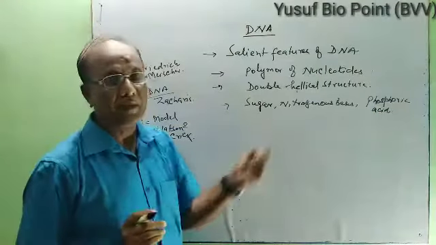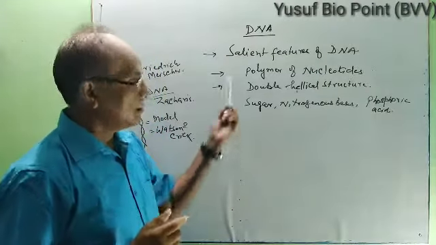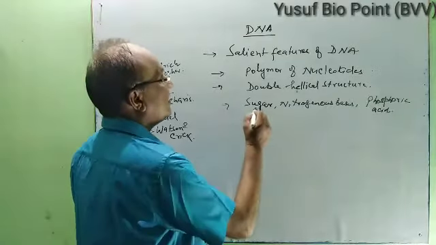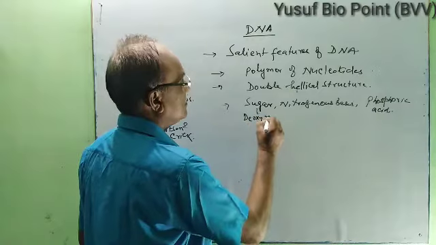These are the three main constituents of the DNA. In the sugars, that will be deoxyribose,